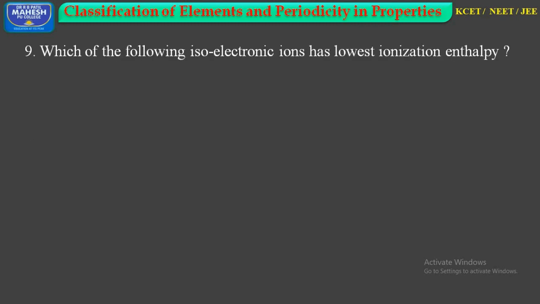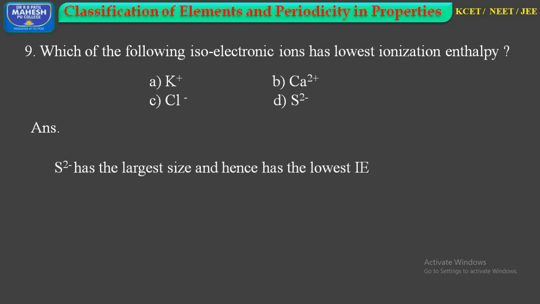Moving to the next question. Which of the following isoelectronic ions has lowest ionization enthalpy? And the options are: option A, potassium cation, option B, calcium cation, option C, chloride anion, and option D, sulfide anion. Students, sulfide anion among all the four has the highest size and hence has the lowest ionization enthalpy value,